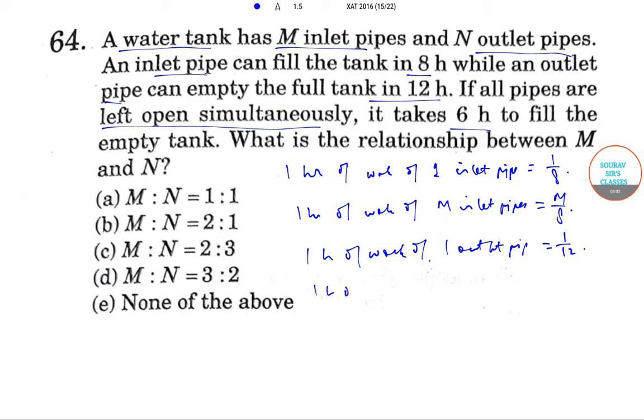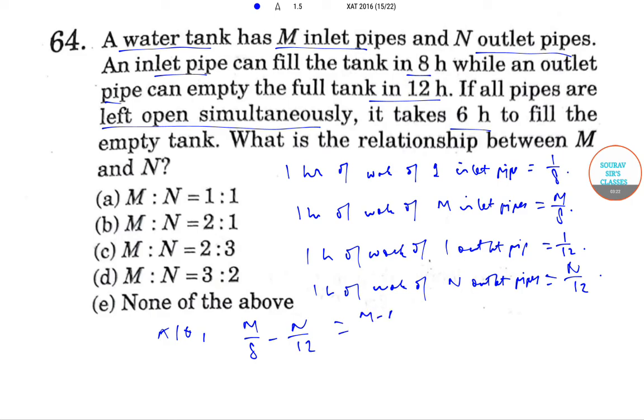And 1 hour of work of N outlet pipes becomes N by 12. So according to the question, M by 8 minus N by 12 equals 1 by 6, or (6M minus 4N) by 48 equals 1 by 6,